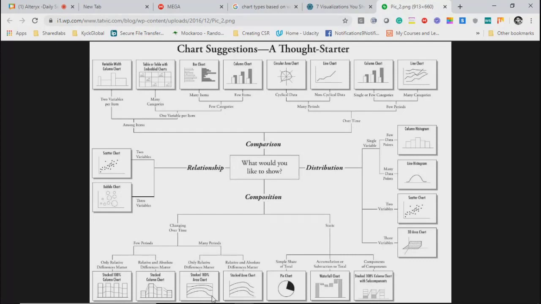There is the same difference between these two also: stacked 100% column chart and stacked column chart. The 100% charts means the extremes are fixed. Inside that only it is distributing.